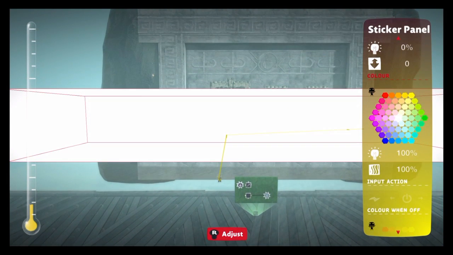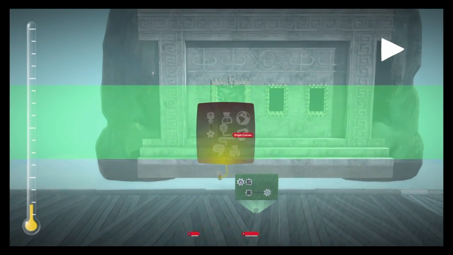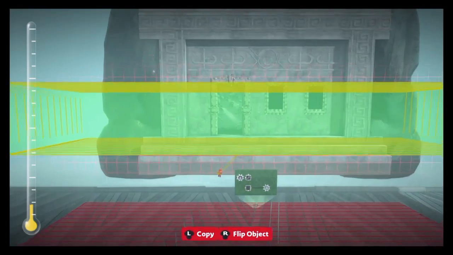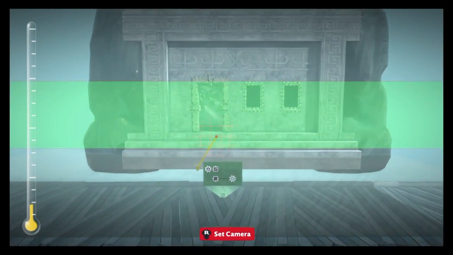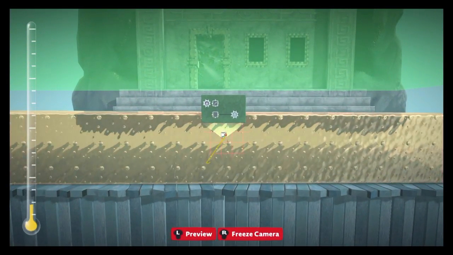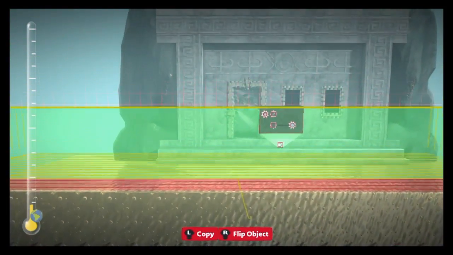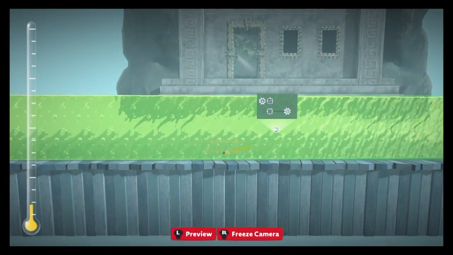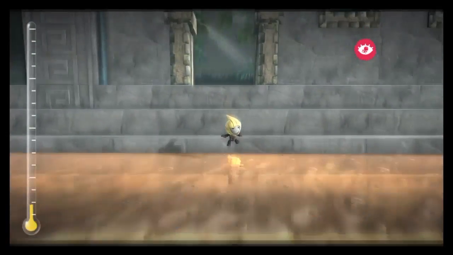I tend to make them green so that I know they're gameplay, so they're essential. Make it invisible, of course, by making it translucent. Now, take your broadcast chip and apply it to there. And overlay. So now,